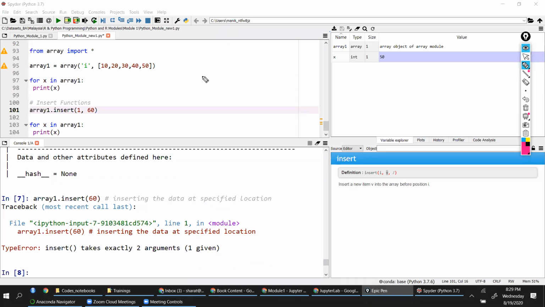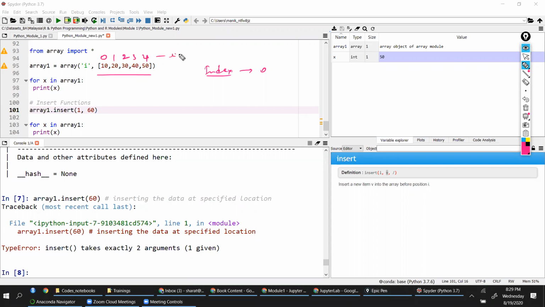Yes, that's correct. So here you have to note a point. Like many other programming languages, if you are coming from a programming background, the index in Python starts from 0. So here you have values, right? 10, 20, 30, 40, 50. So 10 is 0, 20 is 1, 30 is 2, 3 and 4.